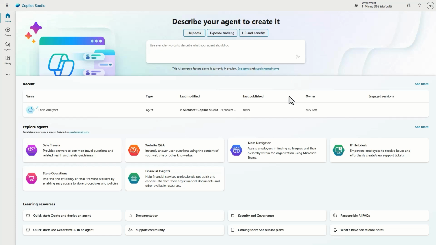And you can use this for free. You don't have to put a credit card down. You don't have to prepay annually like we saw for Copilot when that first came out. And still today, you don't get a trial of Microsoft 365 Copilot, up until most recently, where we have the freemium experience now too. So within here, you can see that we have a lot of different template agents that